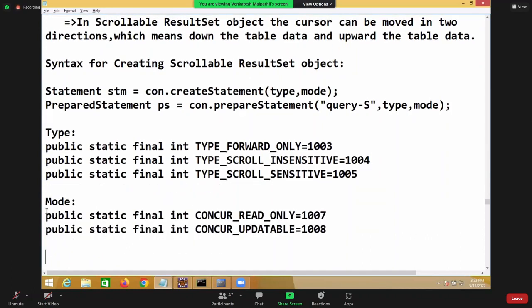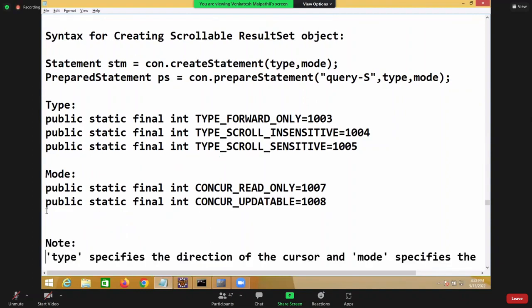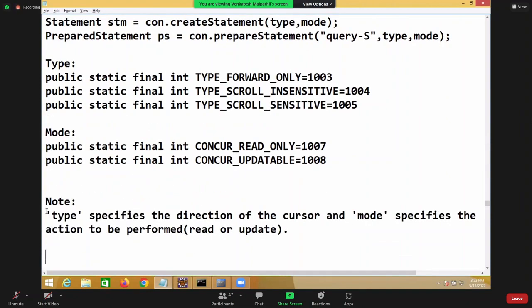So there are built-in forms given to you already. These are built-in fields available in the result set already. These two are the built-in fields available in the result set. So type means, I have written down, type specifies the direction of the cursor. We are going to decide the direction of the cursor. That's called type. Mode specifies the action you are going to do on the result set, whether updating or retrieving